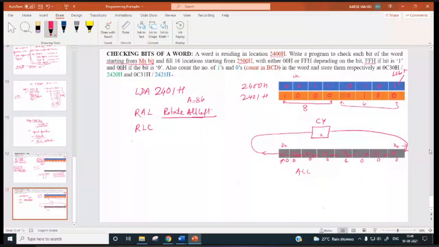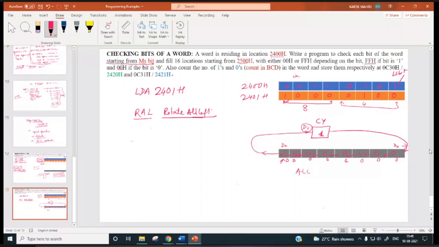Anyway, now if we are rotating the accumulator, what will happen? Carry flag becomes 1. It means D7 is 1. So if D7 is 1, then we have to fill FFH where? At 2500H.